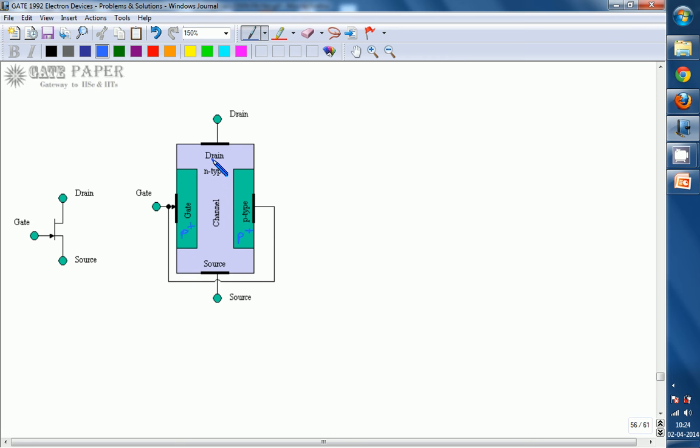And now pinch off voltage. Pinch off voltage is, if you apply a drain to source voltage, let us assume this is the voltage we are applying, VDS. Whenever we apply a VDS, at that time some current flows, that is ID, the drain current. The same current also flows in the source. The current flows from drain to source, and it is collected by the negative terminal of the battery. So as VDS increases,